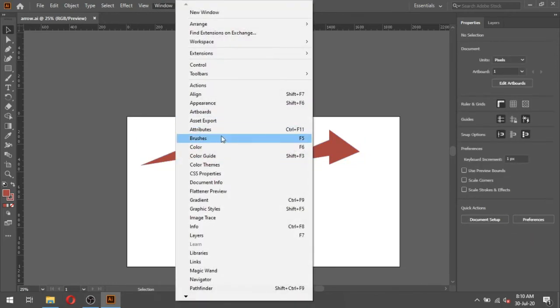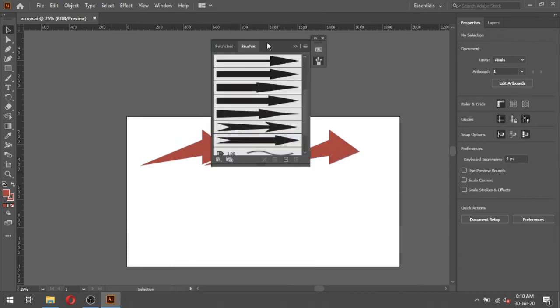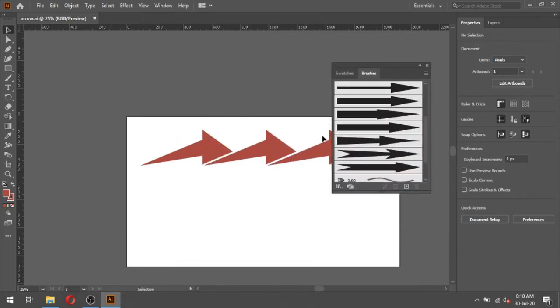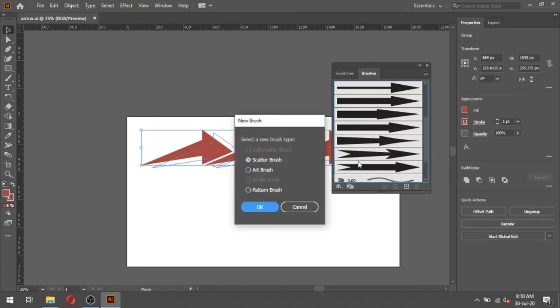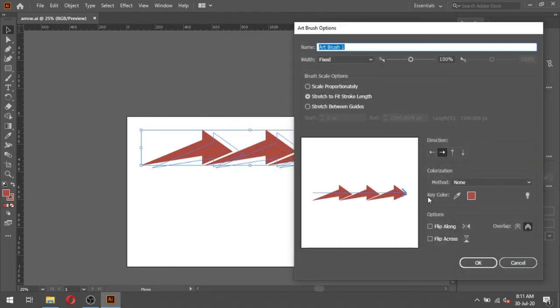Go to Window, Brush panel, drag this shape into the Brush panel. Create art brush. Okay.